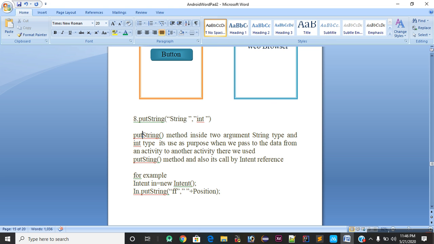Put string. So I will read this small passage, then we will discuss it when I complete it. The putString method takes two arguments, string type and integer type. It is used for the purpose of when we pass data from one activity to another activity. There we use it. हाँ, इसका मतलब यह है कि गाइस जब भी हम पुट स्ट्रिंग को यूज करते हैं, जब हम एक एक्टिविटी का डेटा ट्रांसफर करते हैं दूसरे एक्टिविटी पे, तो वहां हम पुट स्ट्रिंग का यूज करते हैं।